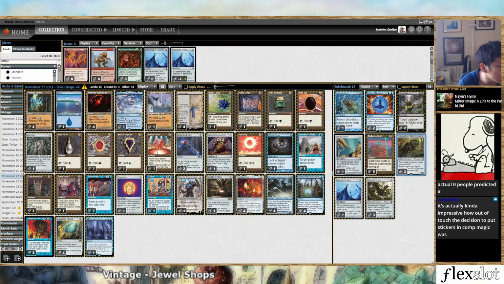Well, everyone has a Pithing Needle. I guess a Pithing Needle is just worth it for Bazaar, but... Pithing Needle... Not really sure. There's Pithing Needle... There's a Crucible of Worlds. I don't think I really need Crucible. There's 4th Wormcoil. That's probably at its best in these Jewel Shop mirrors, but...